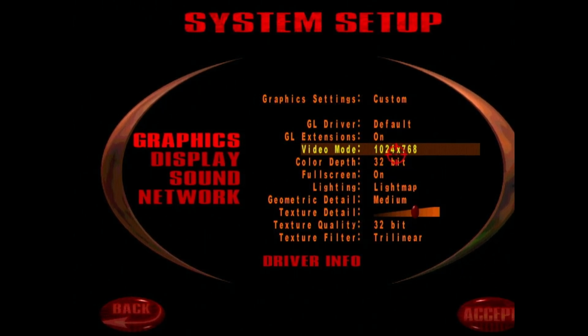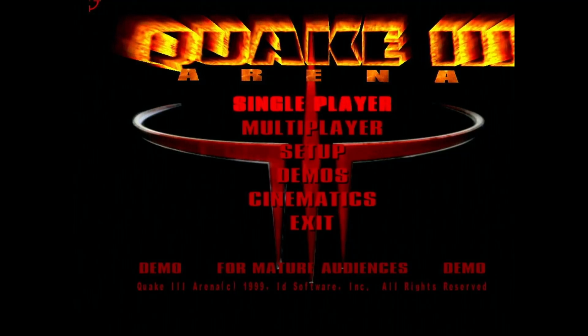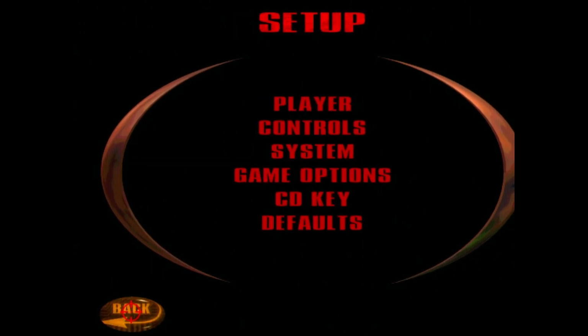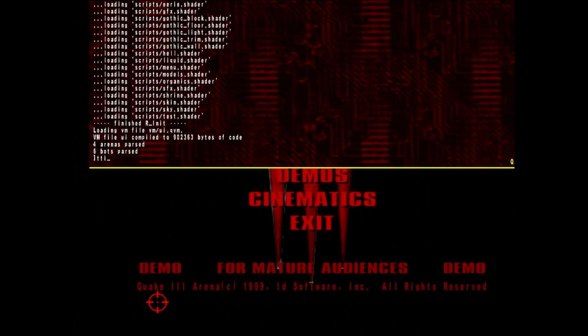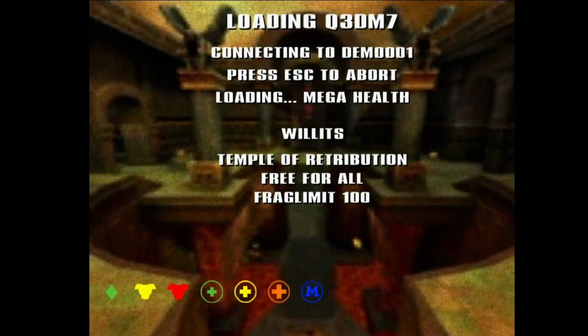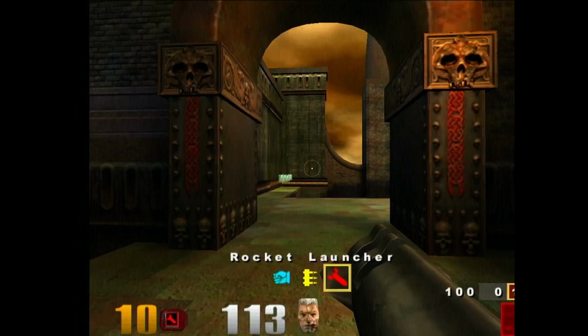So let's go and set everything up to maximum, except leave it on bilinear filtering, and we'll leave it with the 32-bit color. So before we were getting, was it 15.4 frames? Let's see how we go with this. I'd actually have to look at some screenshots to compare the difference between bilinear and trilinear filtering in Quake 3. I'm not sure how noticeable it is. I didn't specifically notice a huge difference